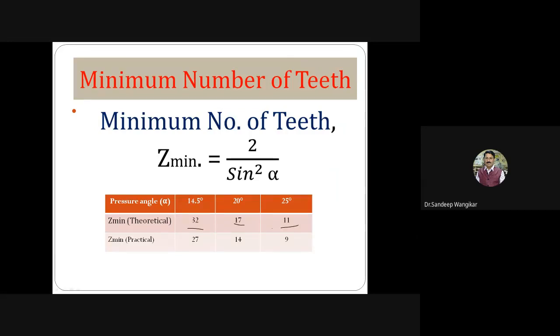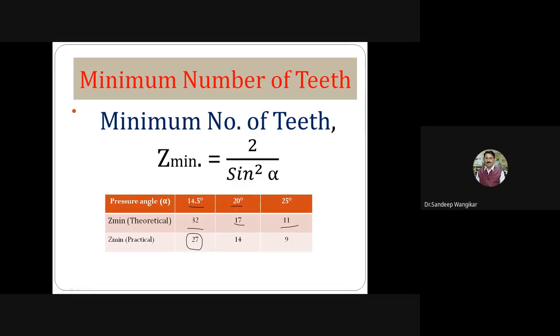Now, if you see Z minimum practical, instead of going for 32, by slightly changing the fillet radius and giving corners at the top of this gear profile, a slight modification in the gear tooth profile, this minimum number of teeth can be reduced up to 27 for the 14.5 degree full depth involute system. Then instead of 17 for the 20-degree full depth involute system,